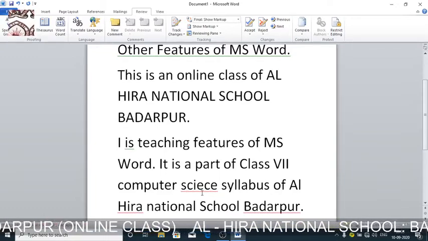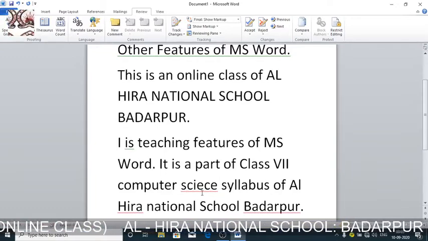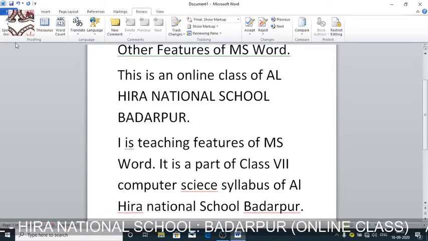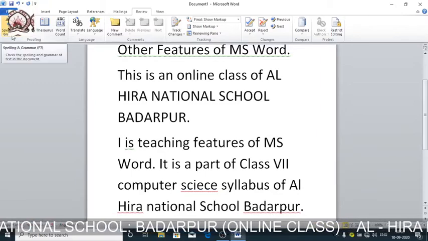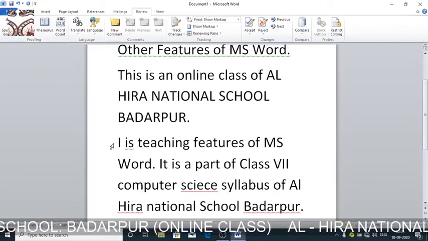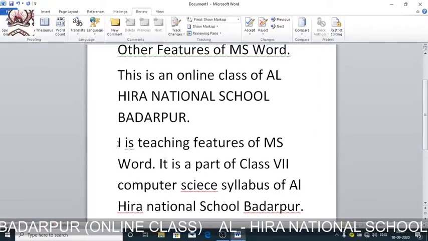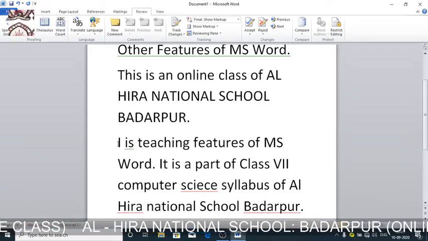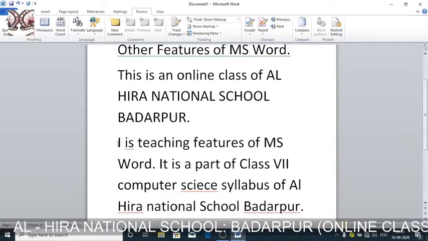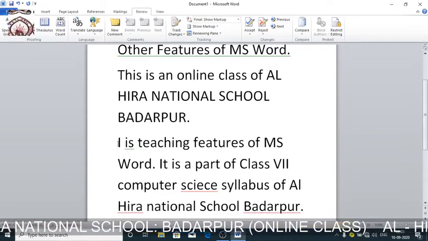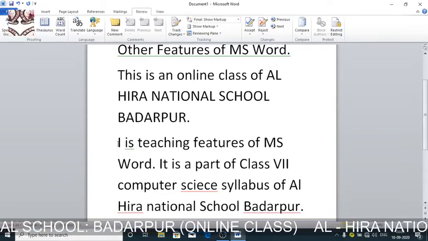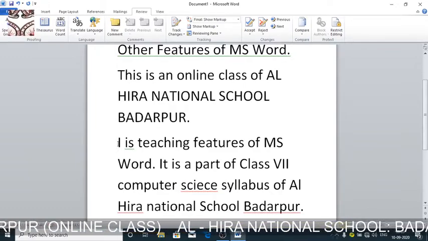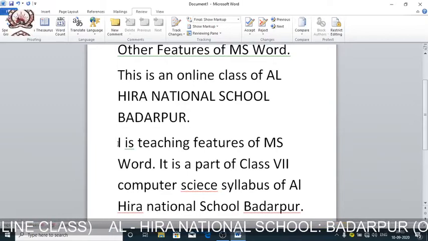Now how can I correct? So we can see one thing is there, spelling error. How to check misspelled words, means how to correct the misspelled word while typing. You can see the point is there on page number 33. It is written: to correct misspelled words while typing,